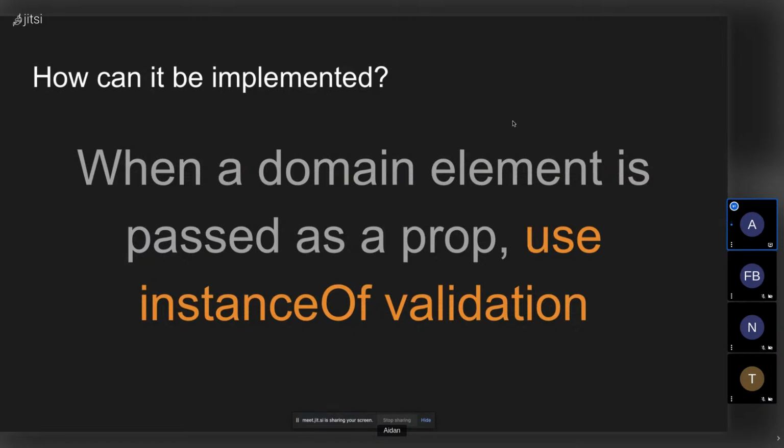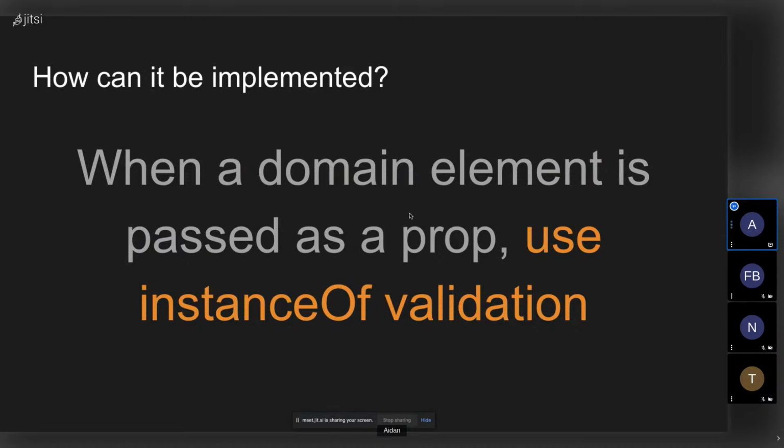But if you're not using TypeScript and you're using prop types instead, then a really cool thing about having an actual class instance for every item in your domain is that you can use instance of checks for prop validation. So, I remember in the distant past having shapes of objects all over the place in prop validation.